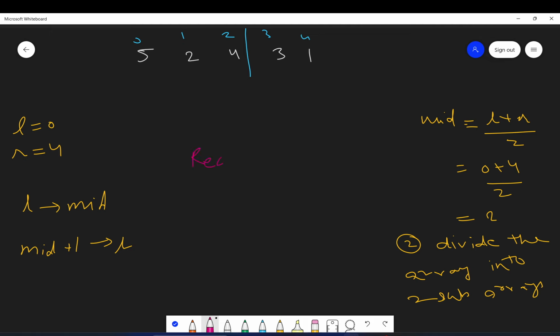In recursion, we divide the bigger problem into smaller problems. To sort this whole array, we divide it into two smaller sub arrays. Now we have to sort this array, which is one sub problem, and we have to sort this, which is another sub problem.